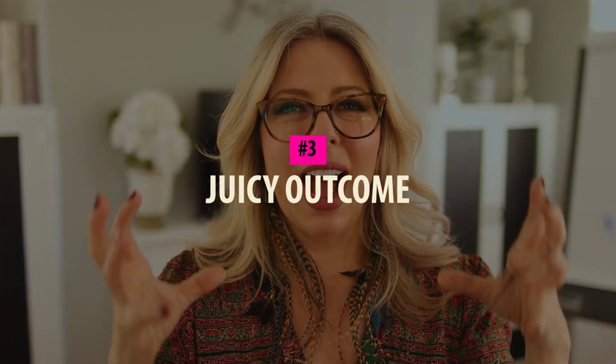There's the front end retreat, or the introductory foundational, what I call the breakthrough experience. And then there's the big back end, which is once they've enrolled into a longer program, that's where you can go to these more exotic locations. In order to fill that event and to really help that to become what it needs to be in order to help enroll people into the big back end, there has to be what I call a juicy outcome